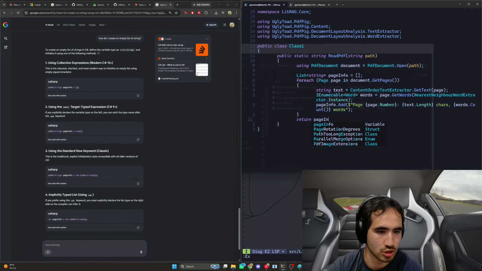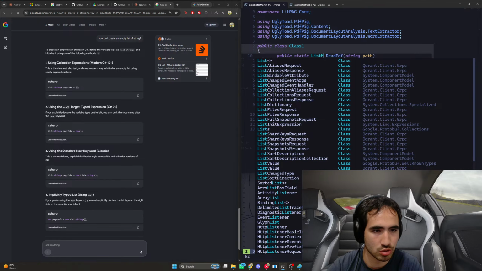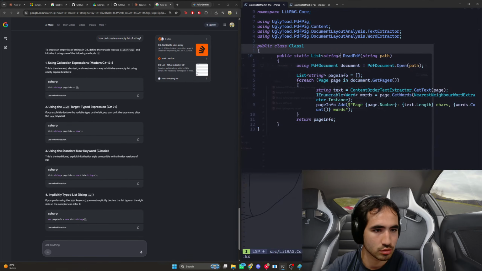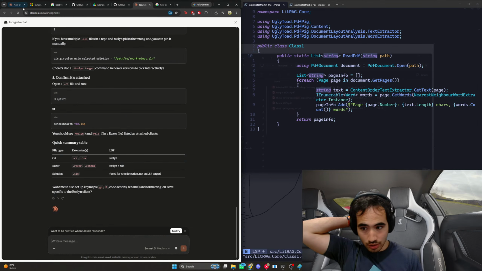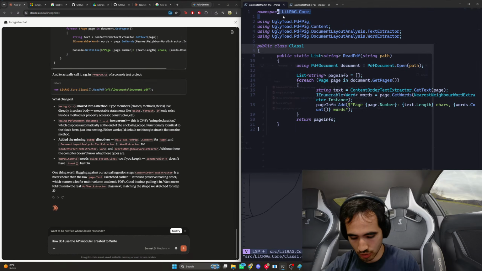We return page info at the end, and it's gonna say no because I'm supposed to return a string, but instead we're gonna return a list of string. And now it works. And so now how do I use it in the API? Okay.